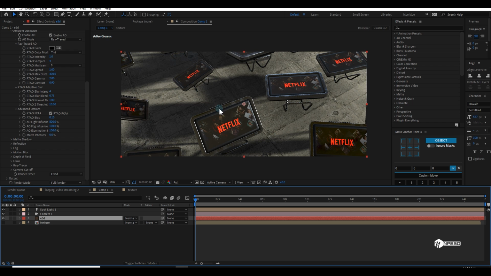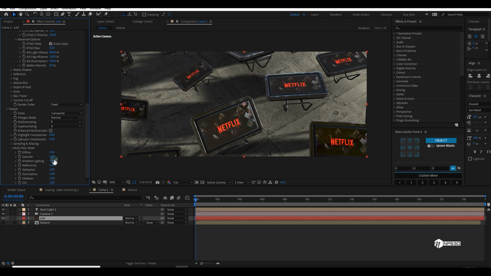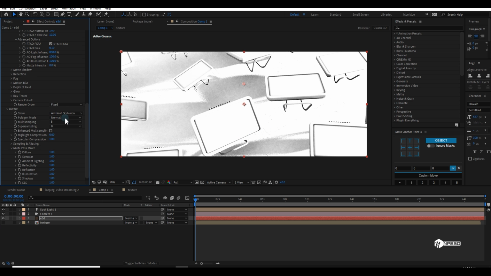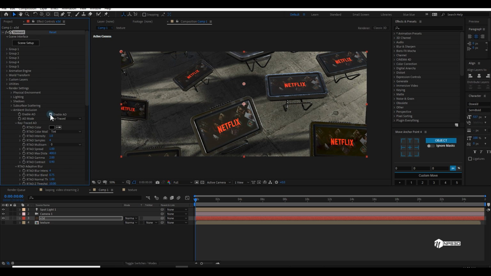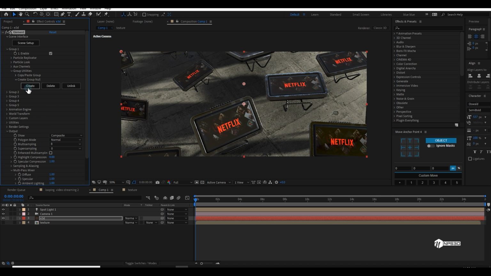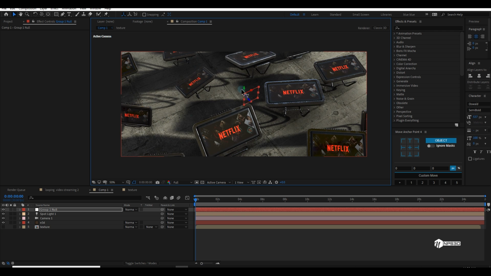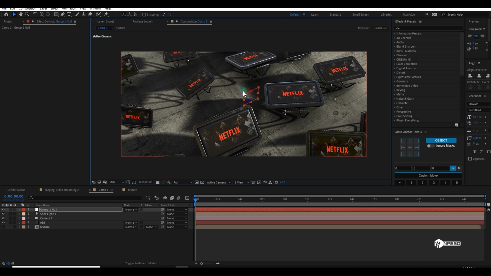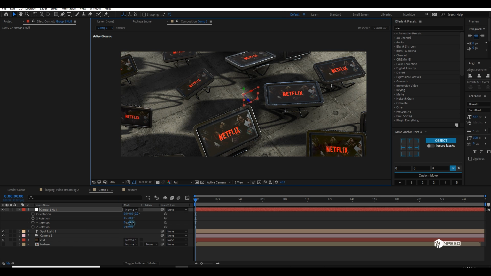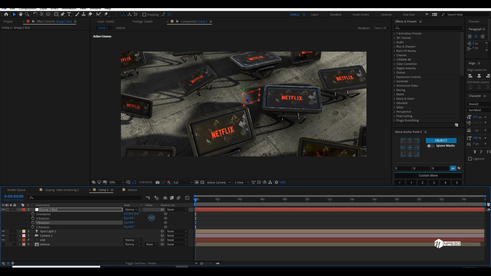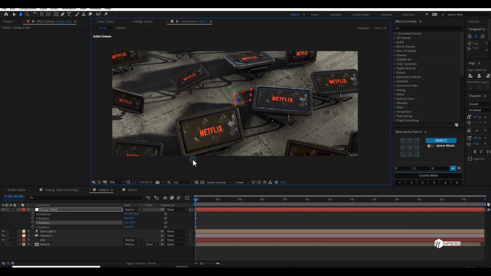Sometimes if you're worried about the ambient occlusion, you can go to the output and change it to ambient occlusion to check your ambient occlusion condition. So let me turn this off, turn this on. And you can also go to group 1 and create a group null, and then you can just place it down if required, like this way. You can also rotate them if required. So I'm going to rotate in this direction.